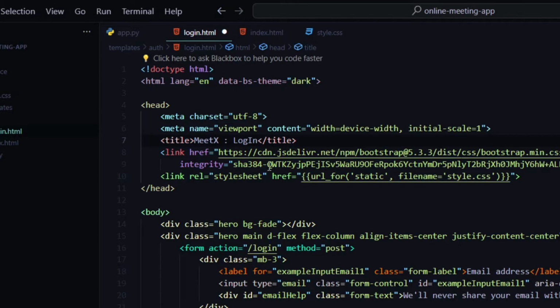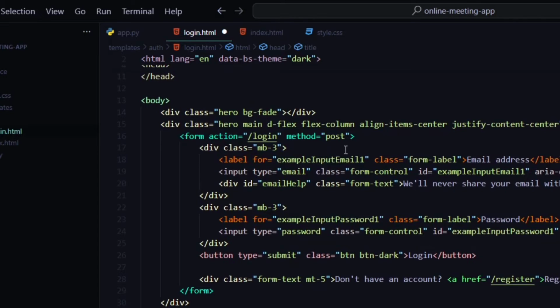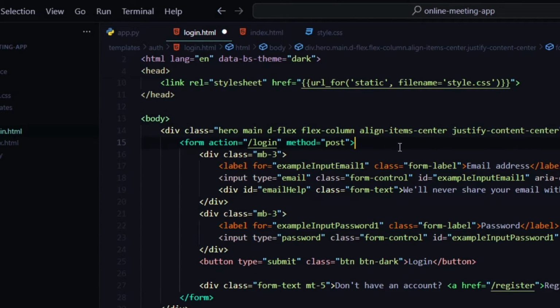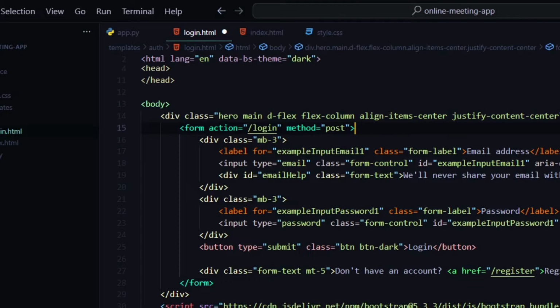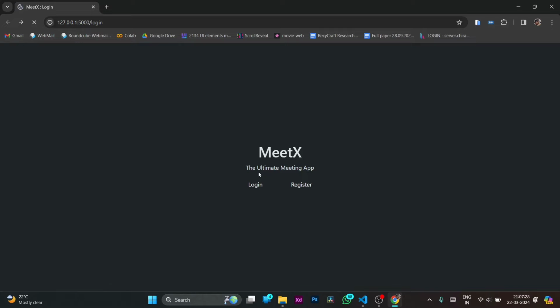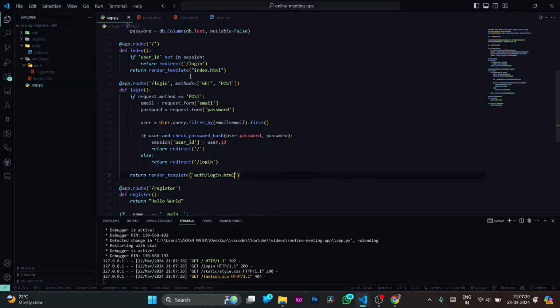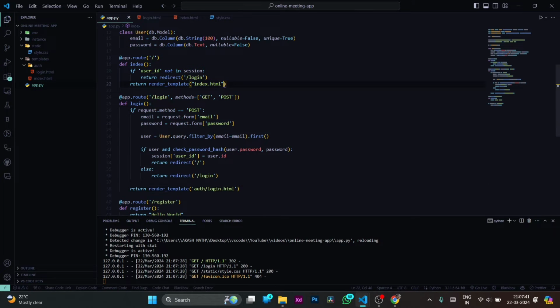So here as you can see the title is meetx and the login. We're using Bootstrap as usual, and alright, let's just change this and I hope this is good to go. Alright, let's save this and let's refresh it, and yeah, as you can see it is redirecting us over here. Now here's the thing, what we are going to do over here is in this default route we're going to provide